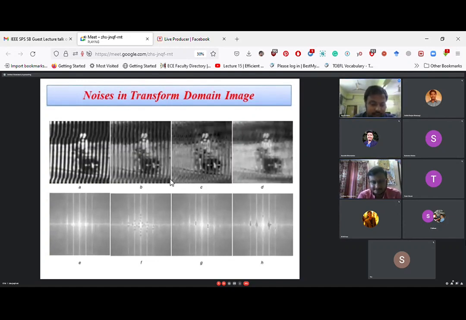So what is the kind of transform that you're using? Can you explain how Fourier transform is utilized? We know Fourier transform very well in the case of temporal sequences, just e to the power j omega t. Here it is the concept of space, x and y, two dimensional. So it will be segregated: e to the power j omega x plus e to the power j omega y.